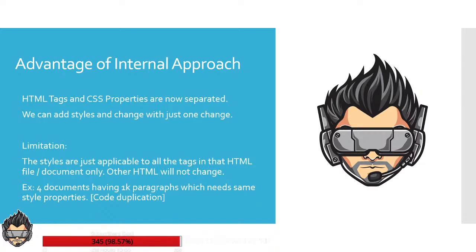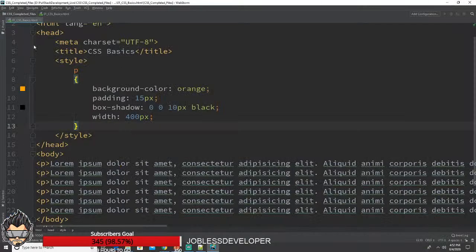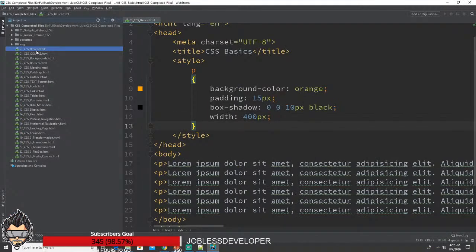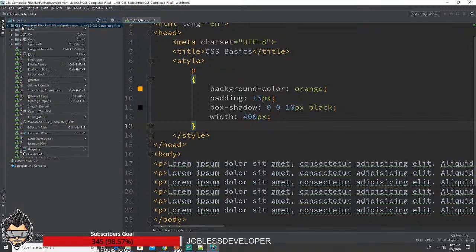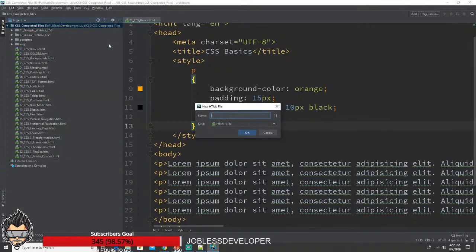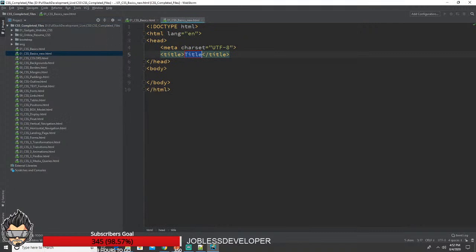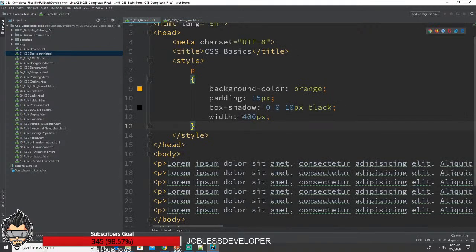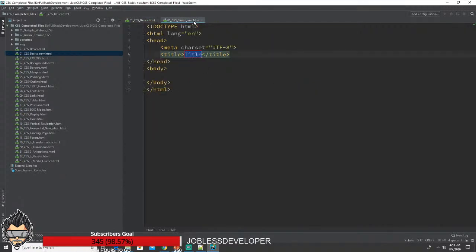What is the limitation? See, there is a file called 01 underscore css underscore basics which we have created right now. And what if I want to create another file? For example, right click, new HTML file, 01 underscore css underscore basics underscore new, right? If at all I create a page like this, and I'm having a paragraph tag over here, I said that for all the paragraph tags I need this to happen. So I'll create a paragraph tag with lorem 40,